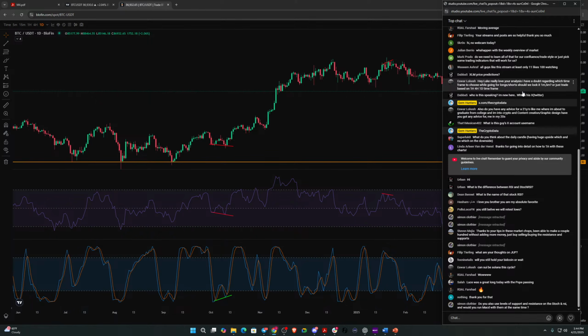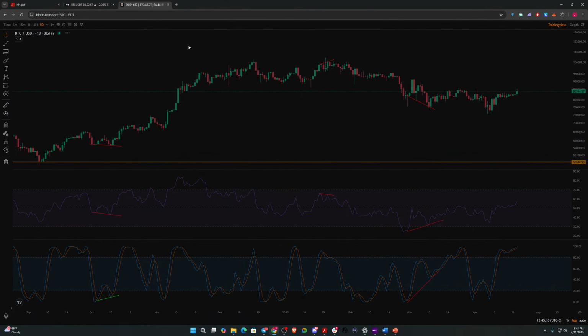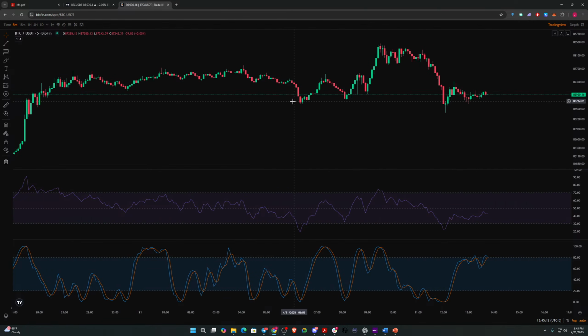Okay, I'll say this. The higher time frames are going to be more significant, meaning they're going to be a little bit more accurate because for each candle, let's just say, for example, on the daily time frame, like we're on right now, each candle represents 24 hours worth of data. So at the end of the day, after 24 hours, this is where the market decided price should be. It's much more significant versus a 5-minute candle where you're looking at, okay, the market decided that in 5 minutes,